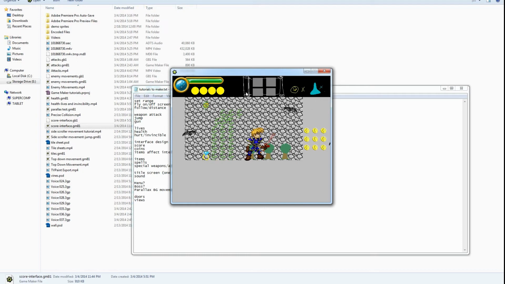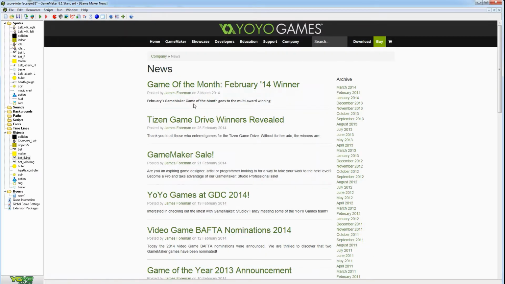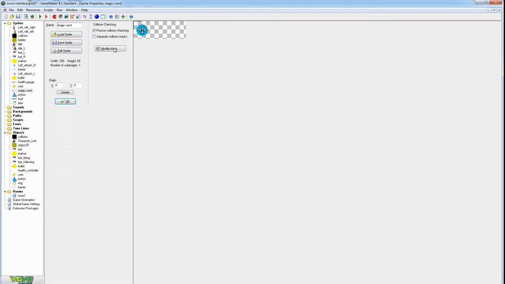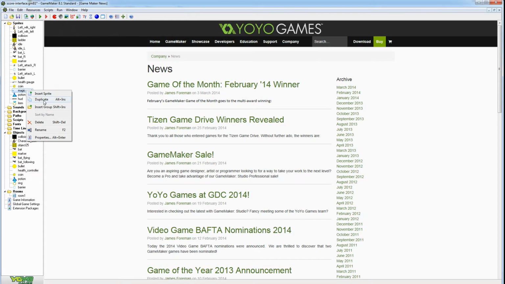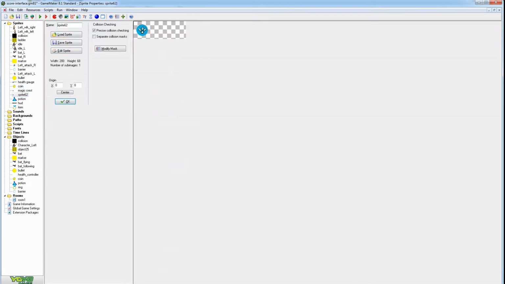We can set it to a magic gauge or a magic meter, so it takes part of the magic, like hit points. But either way, we'll just focus on using the magic spell we have set up here. So to do that, we have one crest, which is the magic crest right here. I'm going to duplicate this one so I have two crests to show you the difference. And we're going to call this